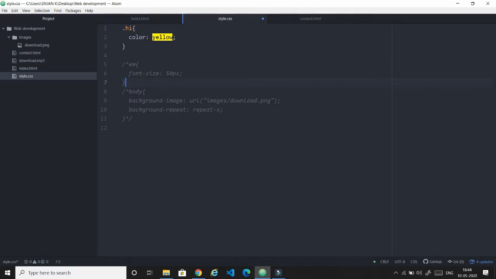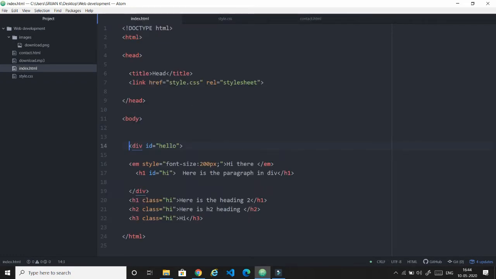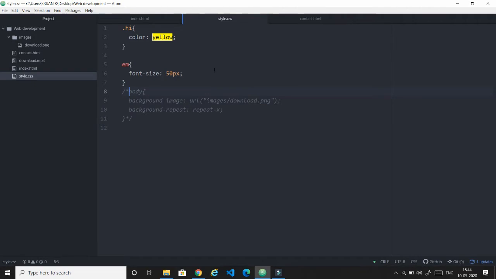If I just remove it, you can see there will be a change in the color, which means the CSS has not been commented. If I comment here, you can see the change in the color. So the style has been commented here. You know the syntax of HTML commenting, and now I have taught how to comment the style in CSS. So I have commented these lines.